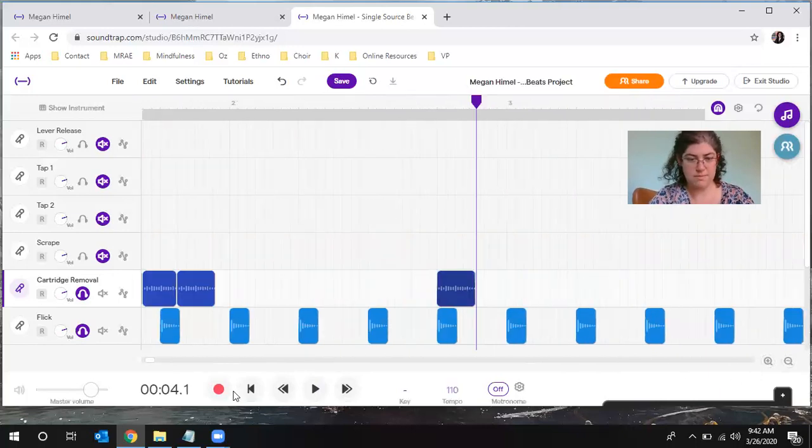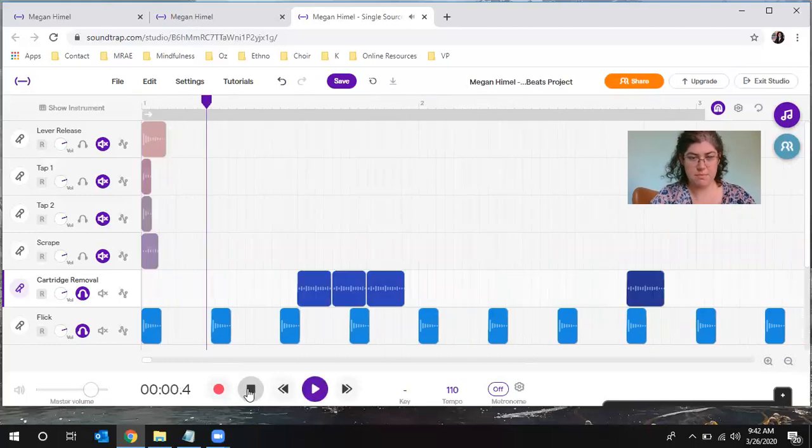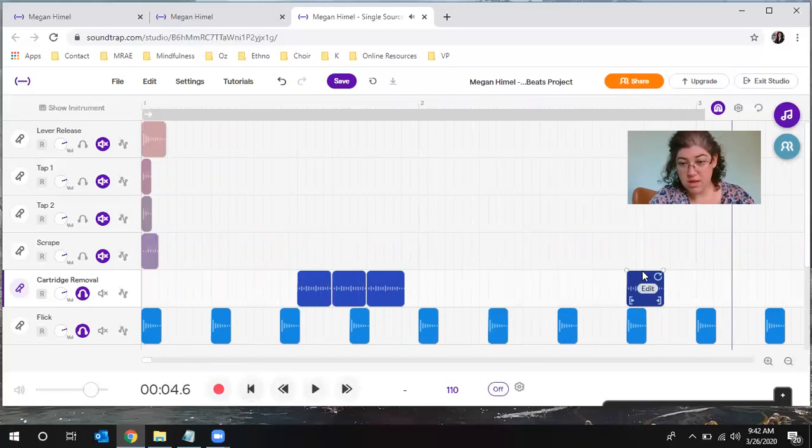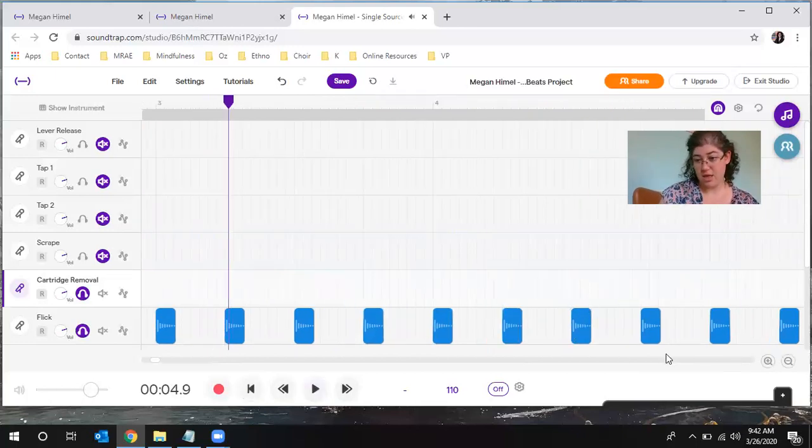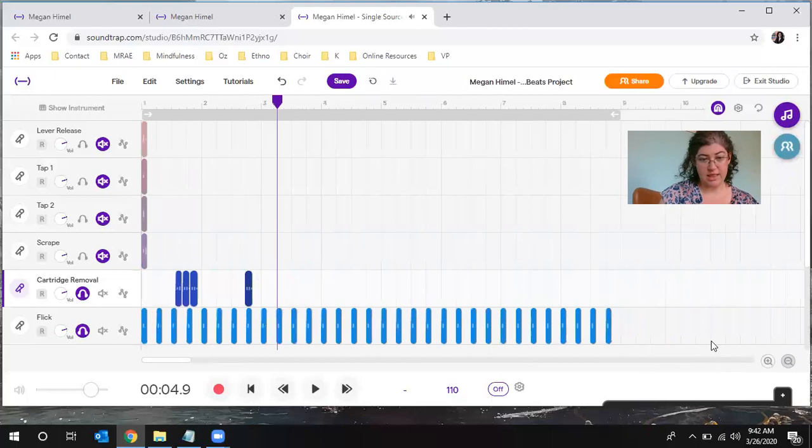Zooming out, sorry, back to the beginning. Yeah, I like that. So now that I've found something that I like, right, I highlight, Control C,